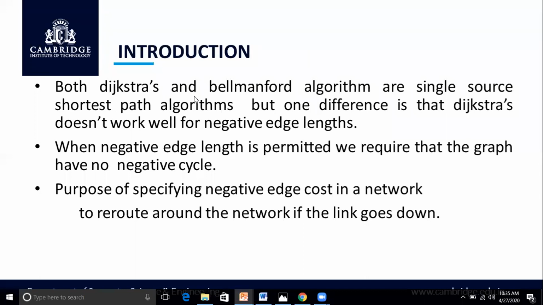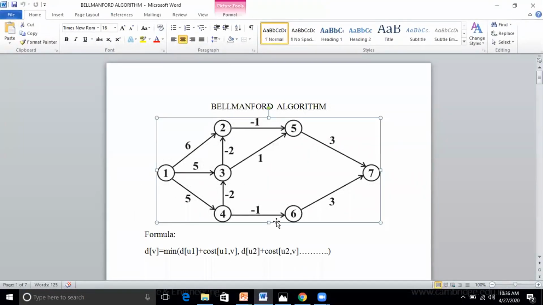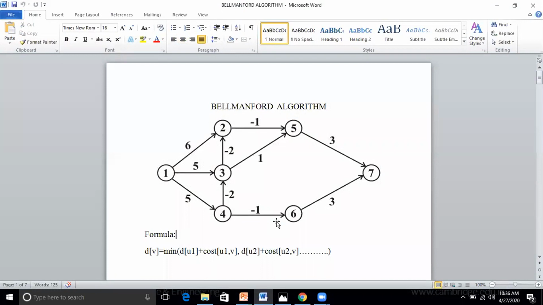Now, we have to choose the negative edge as the smallest edge, but choosing that edge should not form a cycle. That step will be checked in the Bellman-Ford algorithm. Are you following this? Yes, sir. So now we'll go to the problem. I have taken one graph here. Is the screen visible? Yes, sir. Now it's very simple.